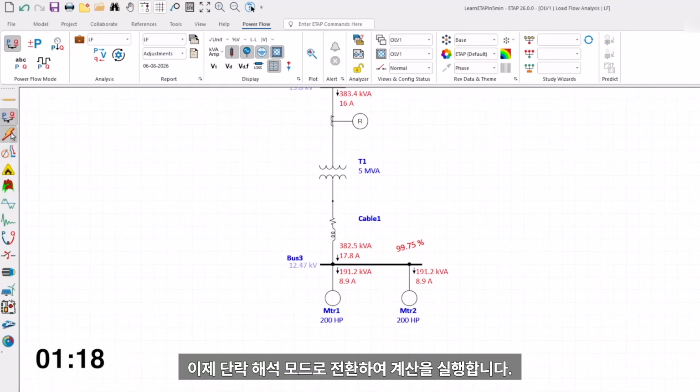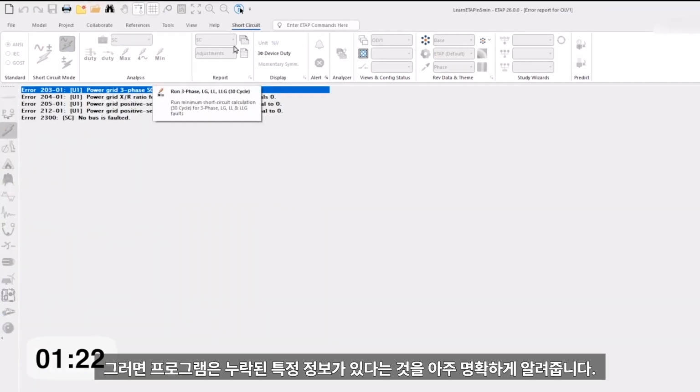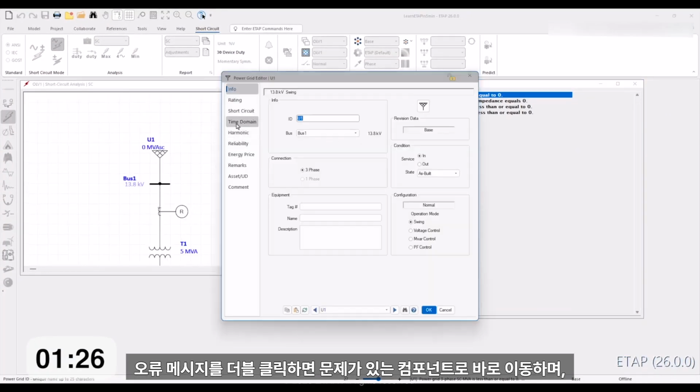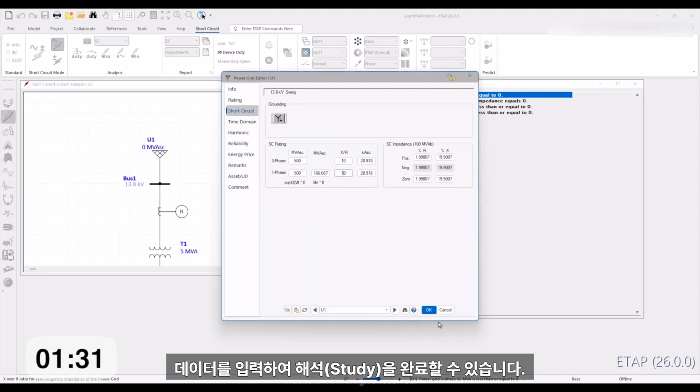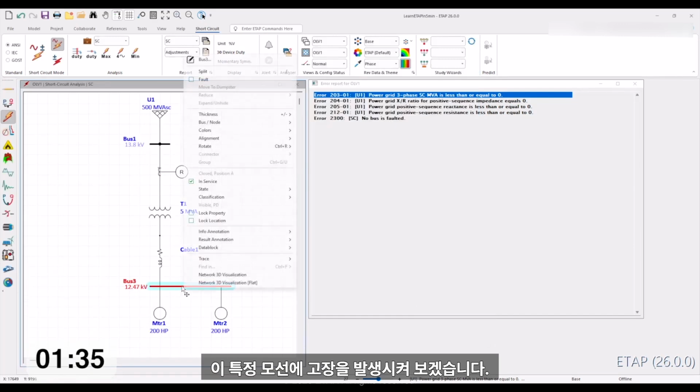Let's go ahead and switch over to short circuit. Run the computation, and the program does a terrific job at letting you know that you're missing certain information. You can double click on the error message. It takes you to the component that has the issue, and you can plug in the data to complete your study. We're running a fault analysis, so I would like to go ahead and fault this particular bus and run